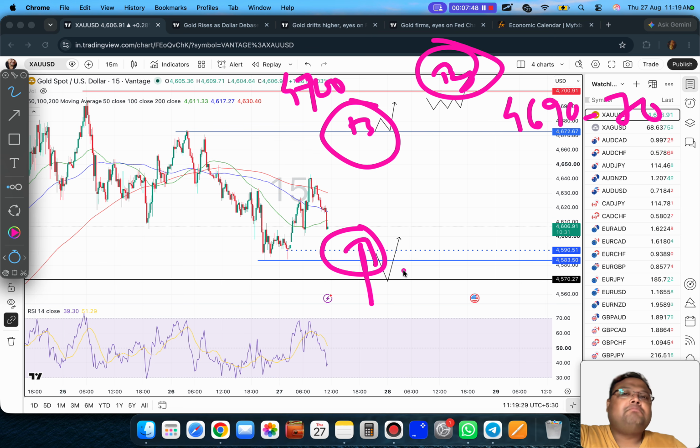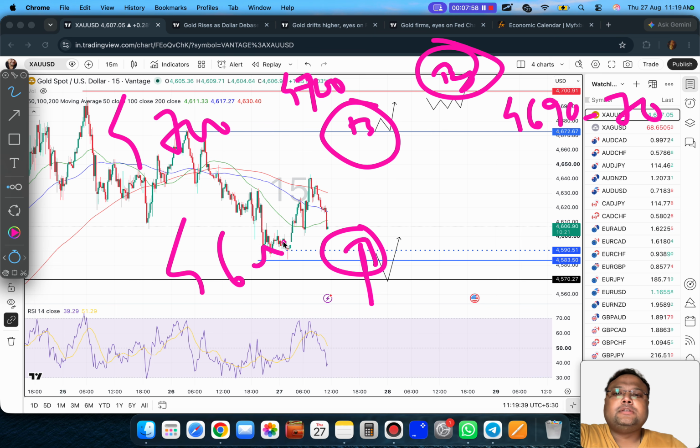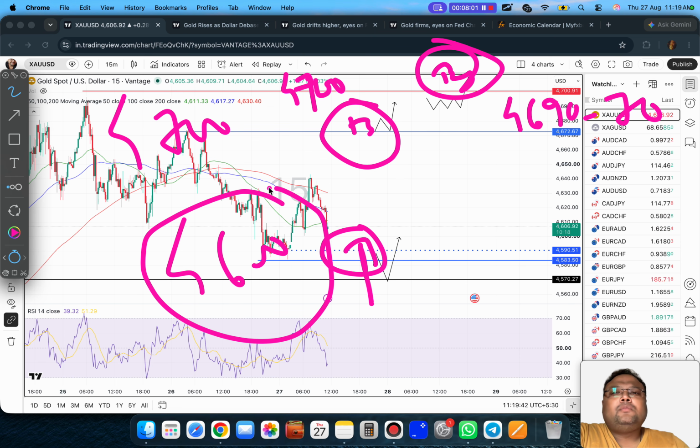And as of now, the trend of the market for day traders is not very clear because the range of gold, as I said, is 4700 to 4600. After tomorrow or by next week, maybe we will get more clarity. But overall, I will say that gold is still trying to maintain the bullishness. So if you are a swing trader, if you have an ongoing buy in gold right now, you can hold your buy position as long as gold is trading above 4600 or 4590. And let's wait and watch. Hopefully we will get some good trading opportunities.